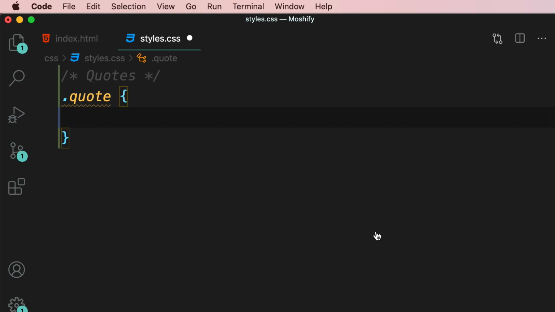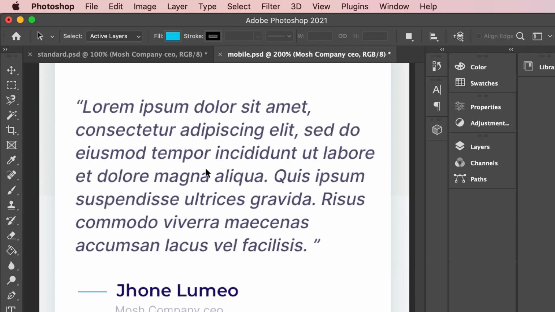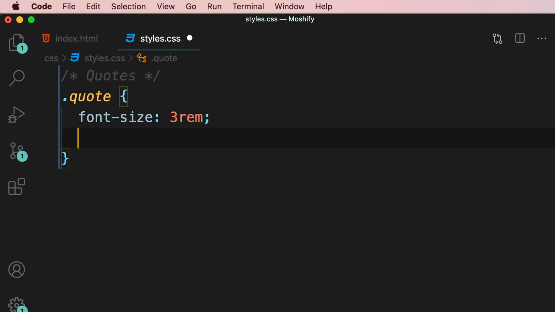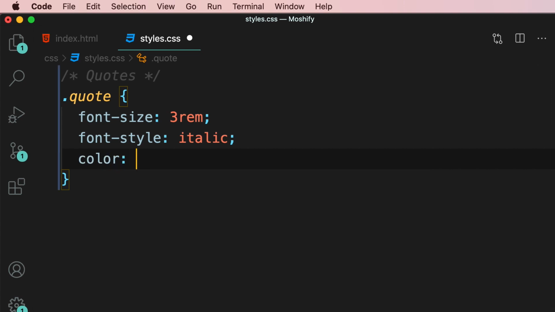Now back to our design. The text that we have here is slightly larger than the main body text. It's also darker and italic. So I'm going to set the font size to 3 rem, font style to italic, and color to